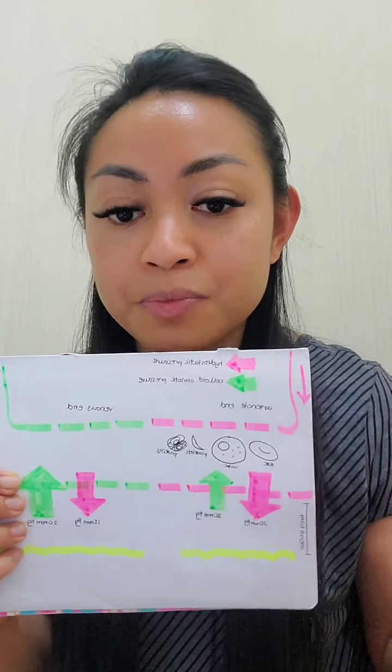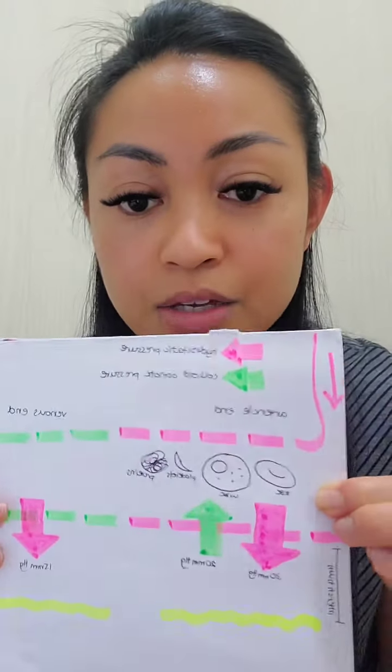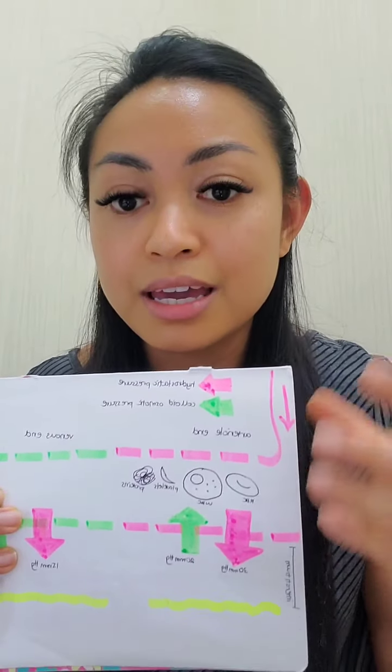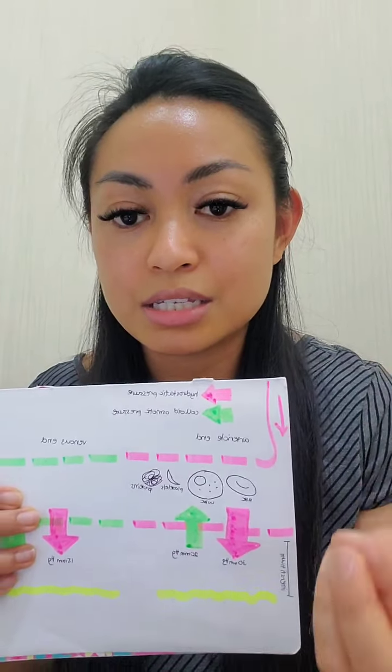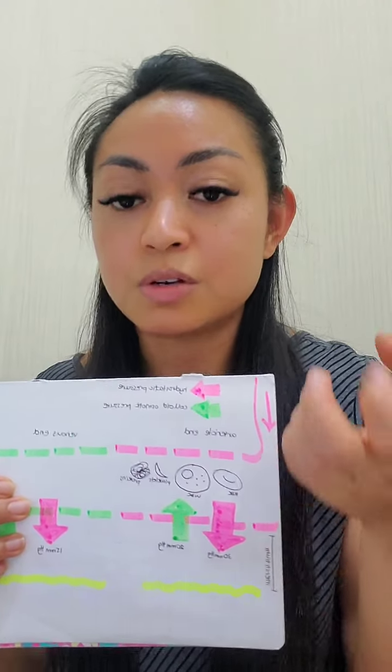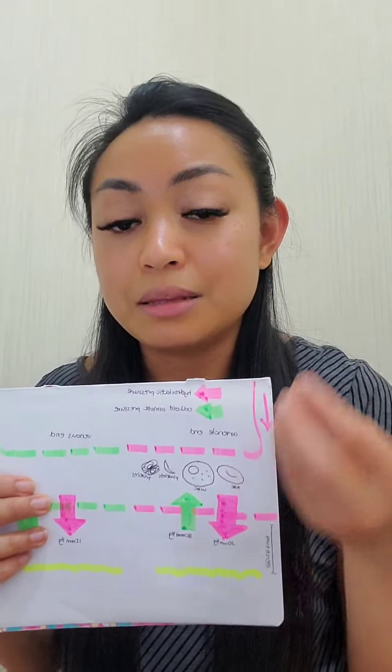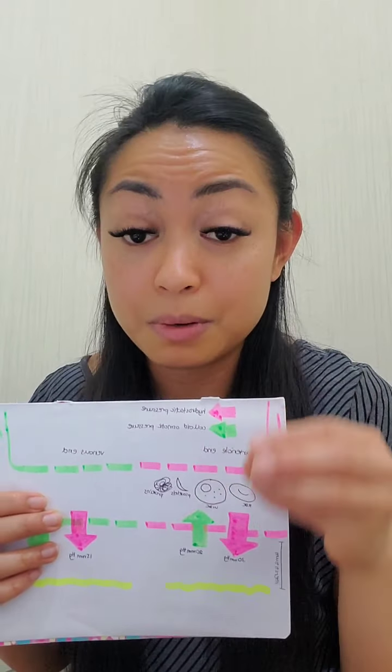So we know that when the heart pumps blood, it pumps blood under a certain amount of pressure. Ideally, our blood pressure should be 120/80, but here we're talking about the mean arterial pressure. So what is the mean pressure that the blood exerts on the walls of the capillaries